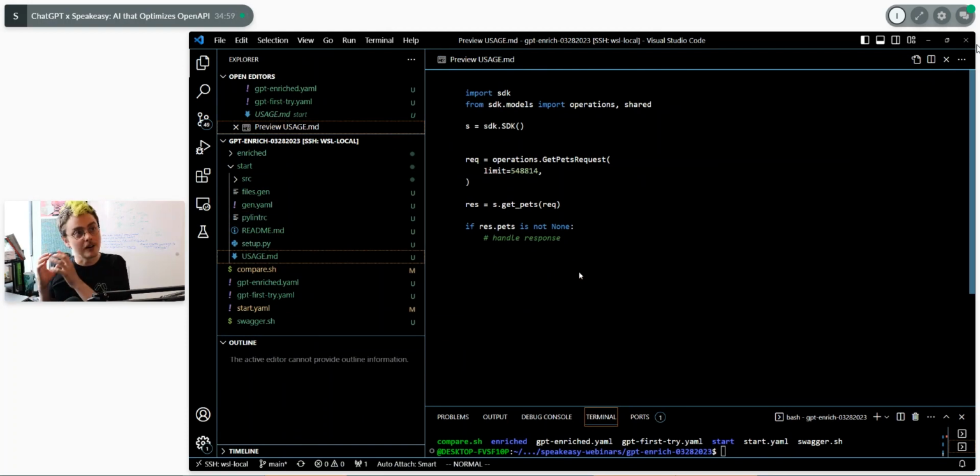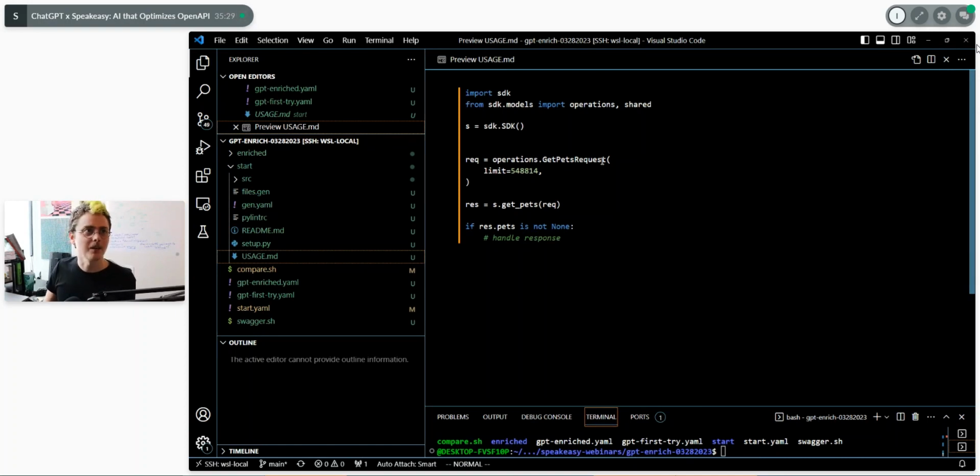So it generated not only the library, but also a little bit of documentation. And the more stuff you add to your OpenAPI spec, the more that Speakeasy can do for you for free in generating this downstream artifact, this SDK and its documentation. So enriching these specs using the language model tooling gets you better SDKs. So this SDK was based off of our starting unenriched spec, and you can see